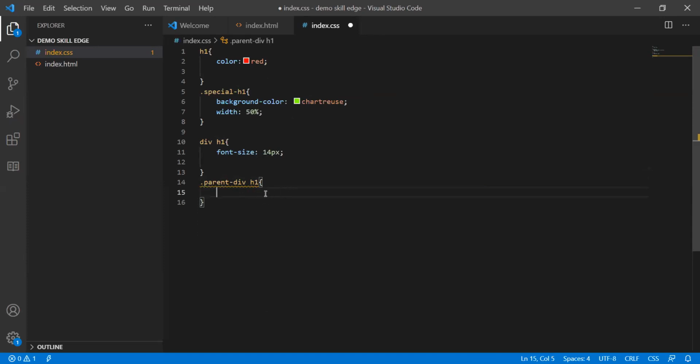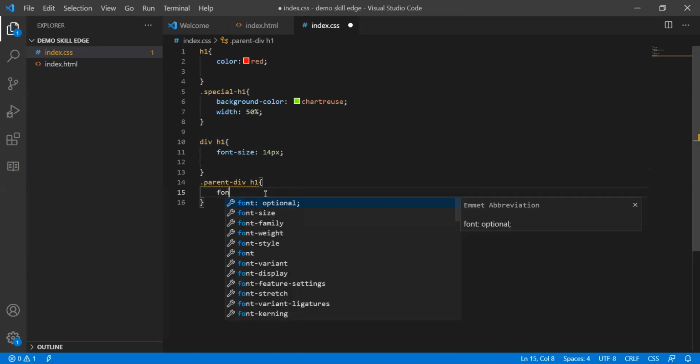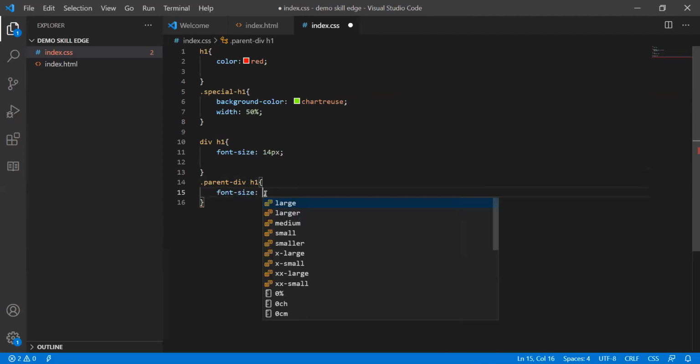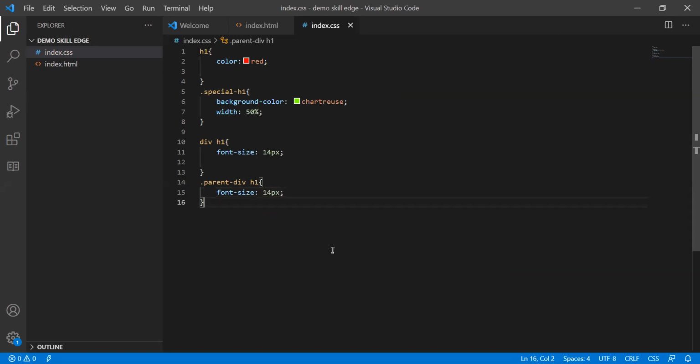Which style we will apply for this? We can apply font size. This I'm going to remove.